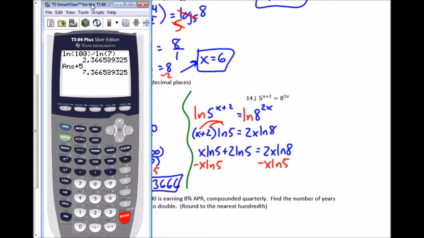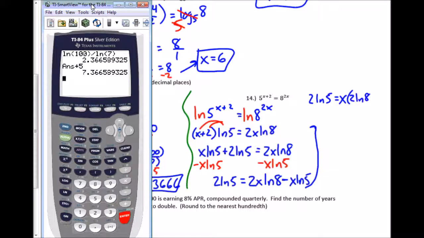And again, I can't plug all this in yet. I want to wait till the very end. So I'm just going to leave it as a 2x natural log of 8 minus x natural log of 5. And now that I have my x's gathered, what I'm going to do is factor out that x value. So over here I had the 2 natural log of 5. Over here I can factor out the x,